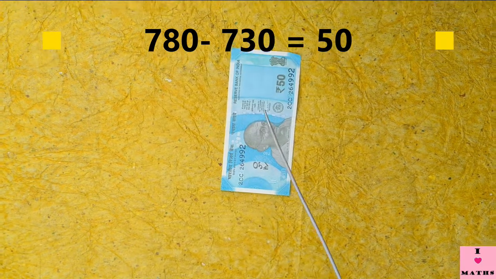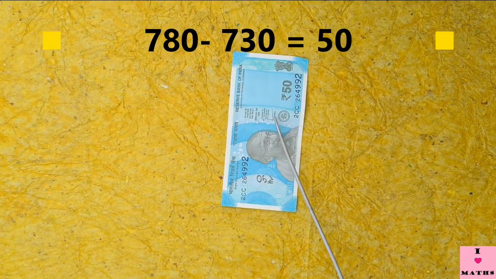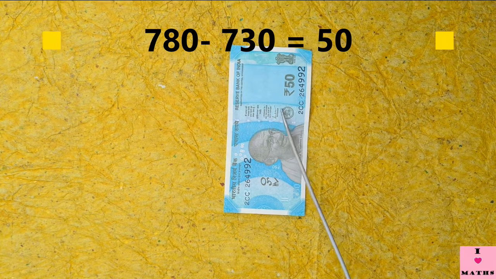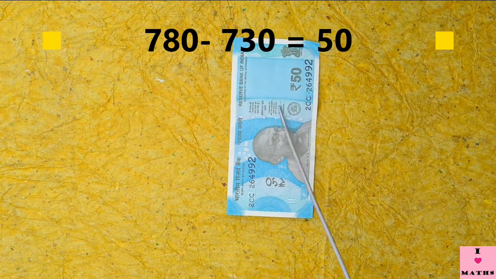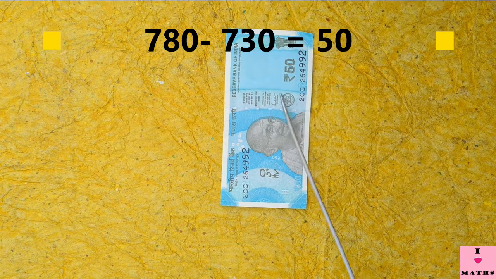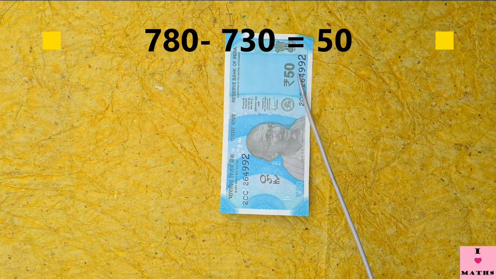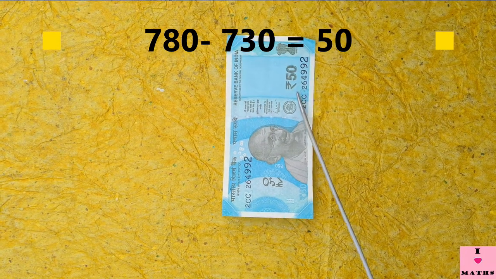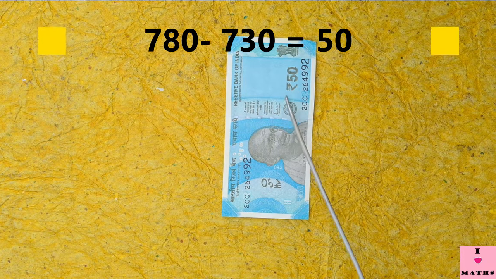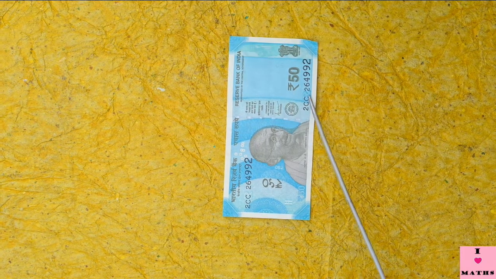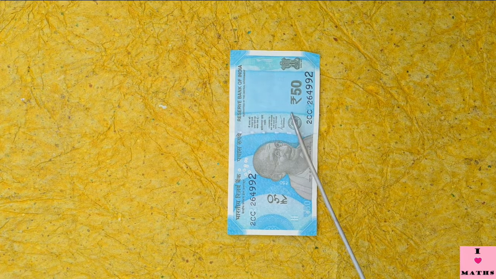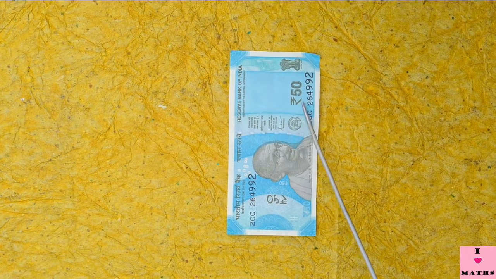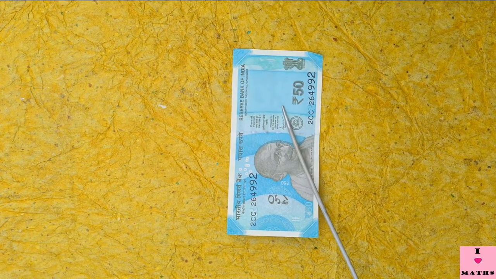And when I gave him 730 rupees to buy the book set, how much money am I left with? I am only left with 50 rupees. But I am not sad. Why? Because I have invested in books. And books are the best things to be bought, because books help us to gain knowledge. So children, I am left with only 50 rupees.